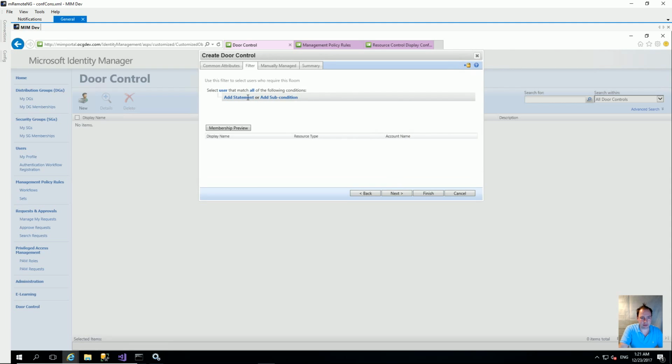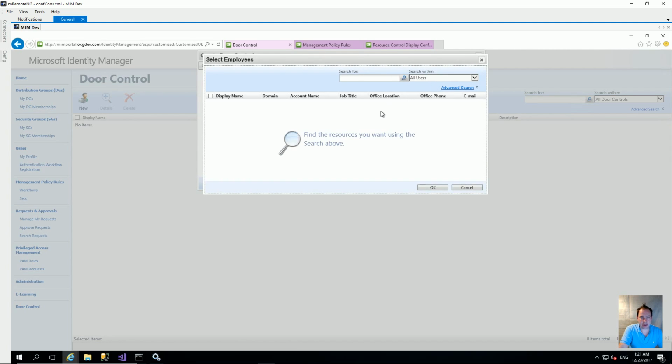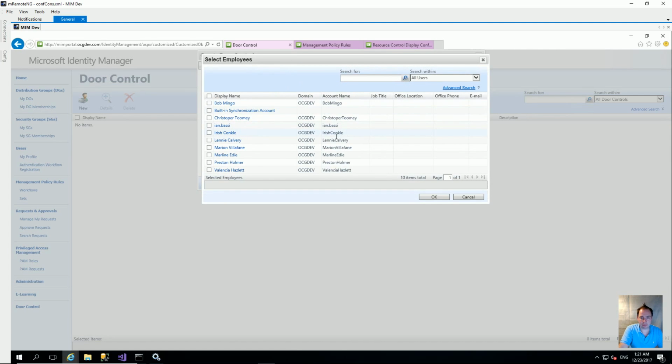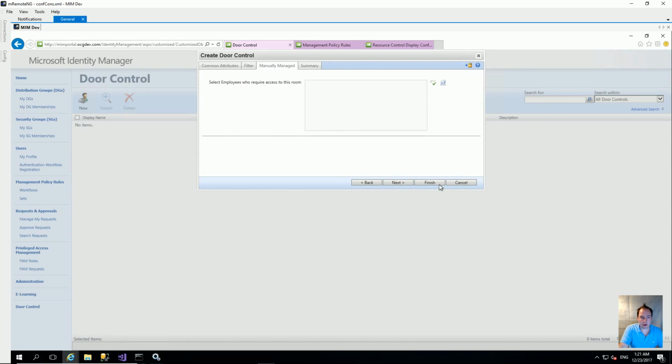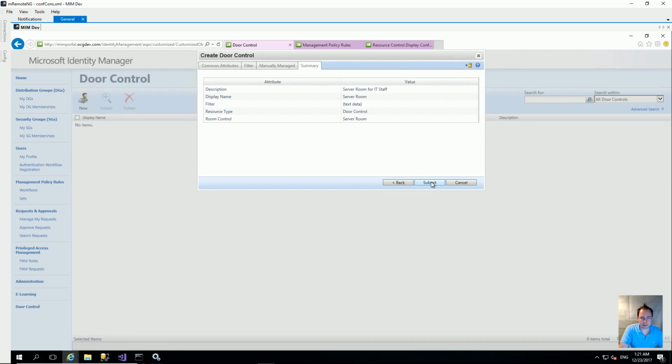And we've now got the filter, so we can create a filter if we wanted to, or we can do manually managed membership, so we can pick the users that we want in our system. So let's click finish and submit,